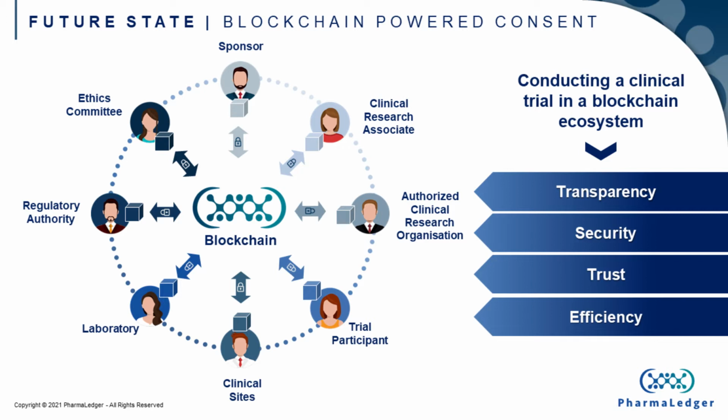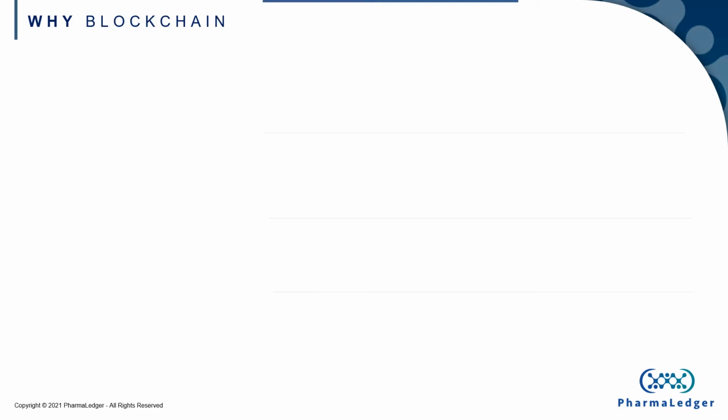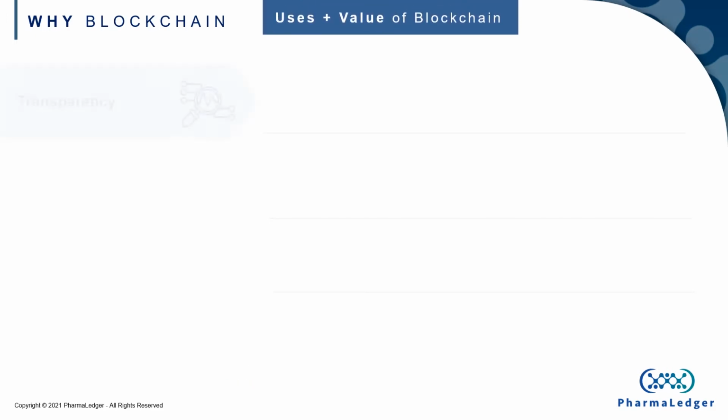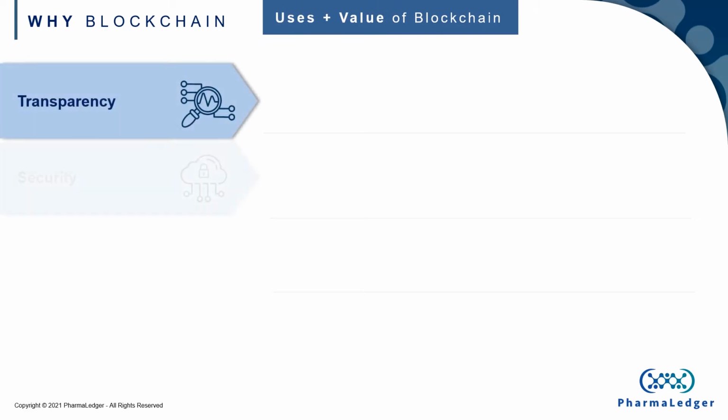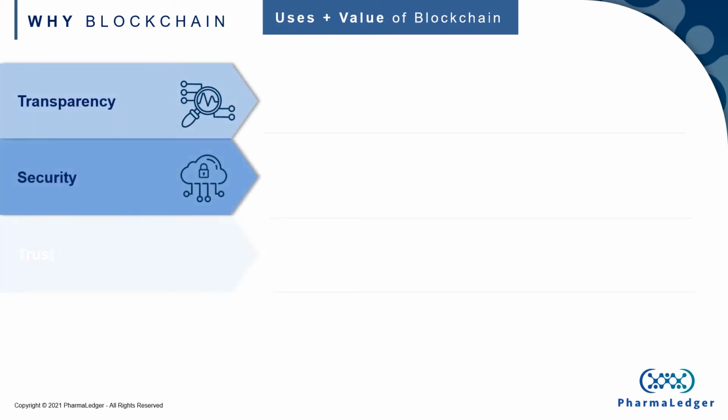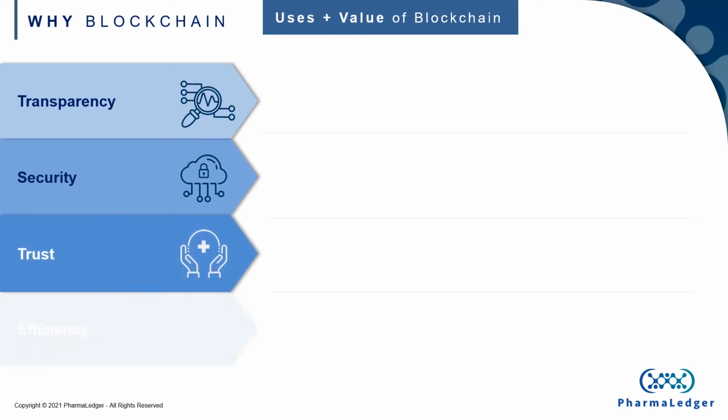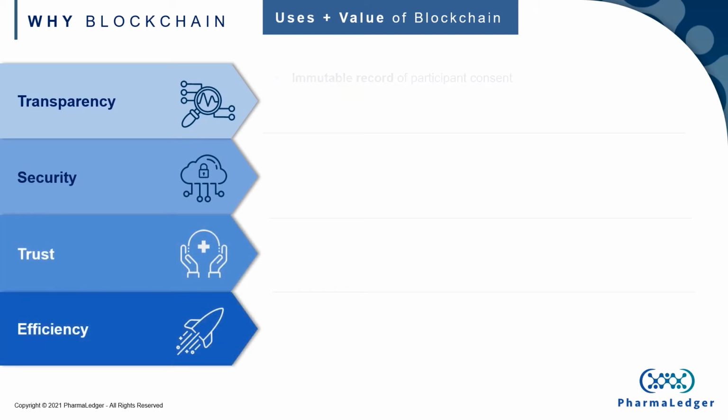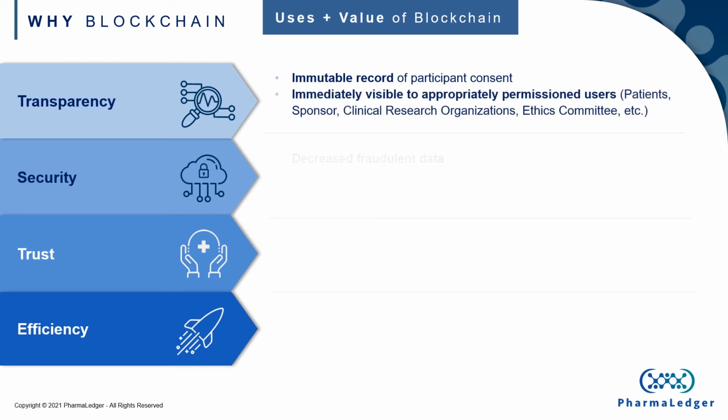Conducting a clinical trial in a blockchain ecosystem brings in these elements that are missing today: transparency, security, trust, and efficiency. Trial data is no longer siloed. The actors see data pertinent to the trial participant status in real time. Even when the participant opts out, the status is seen by the labs as well as the other actors. This means sample processing, patient privacy rights, and adherence are immediately seen.